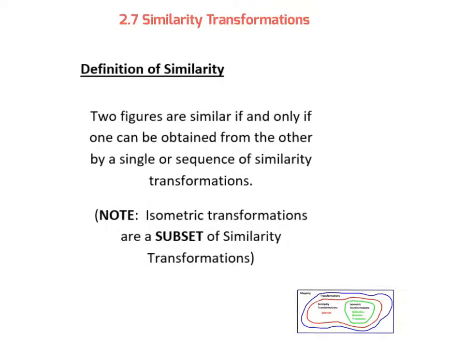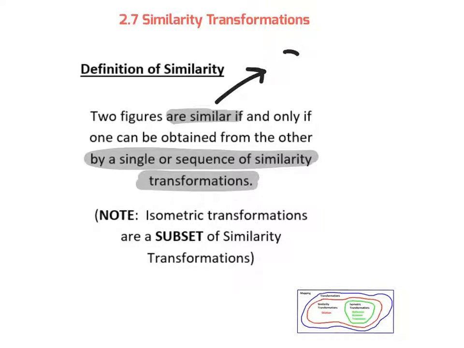Similarity is all about the idea of shapes being the same. We spent so much time on congruence, meaning identical. Similar, on the other hand, again, means that the shape is preserved. And so doing that, we don't need isometric motions, we need similarity motions or similarity transformations. Now,